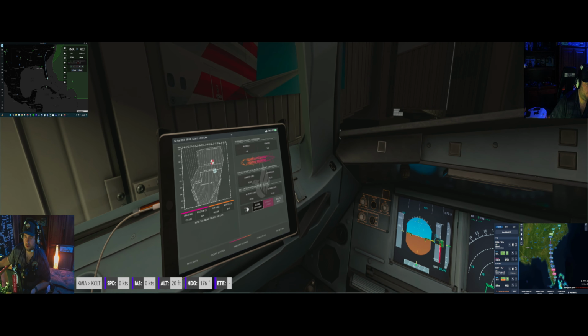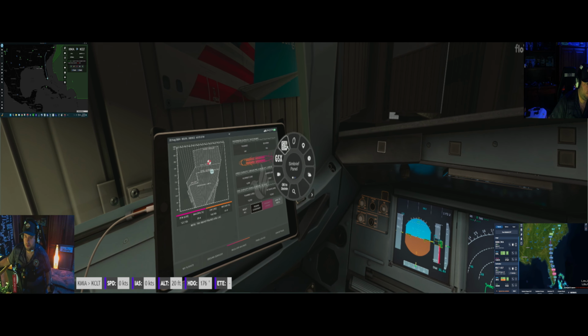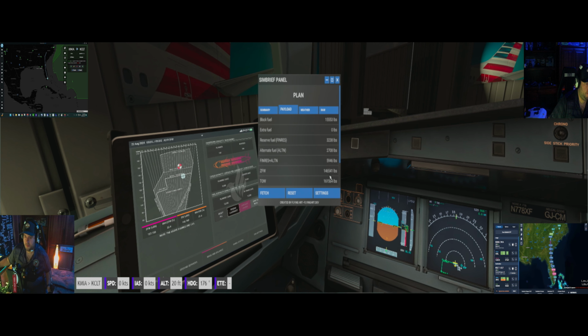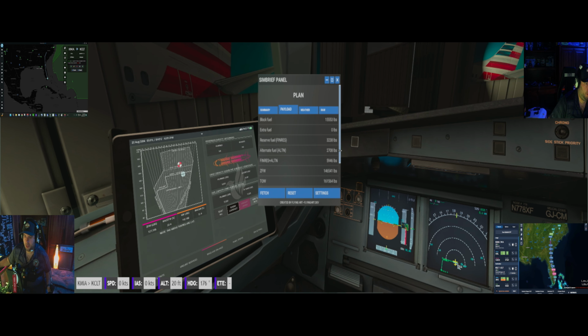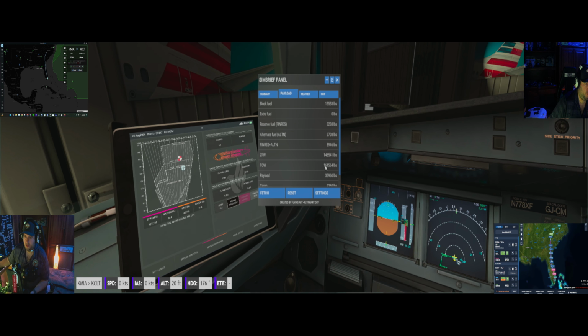Aircraft is loaded. How are we looking? Check it against our flight plan. SimBrief was telling us our ZFW was 146,